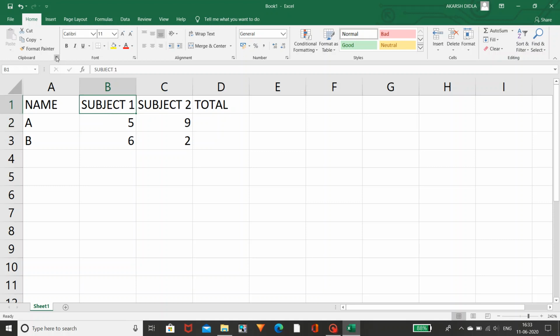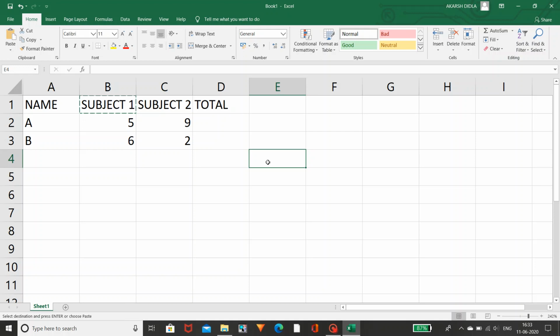And now coming to the first option, that means cut, copy and paste, which is there in the clipboard. You can see here, cut, copy, paste is nothing but if you want to cut this subject one, you can go to the cut option, and if you want to paste here, that means E4 cell, you can see the name like that. You should practice like that, whether you are a beginner or an intermediate. Name the cell name. Likewise you can excel more, and you can get excel in this Excel worksheet.